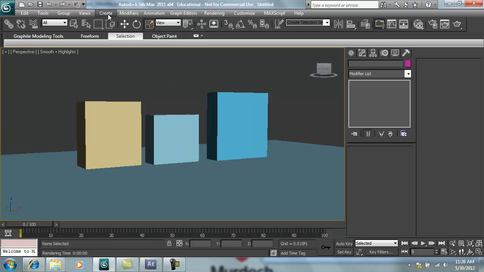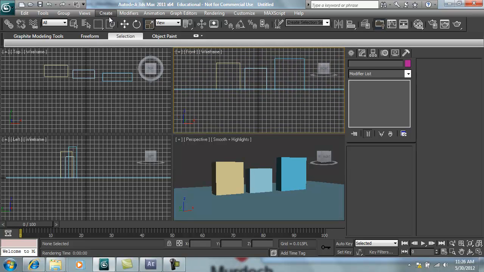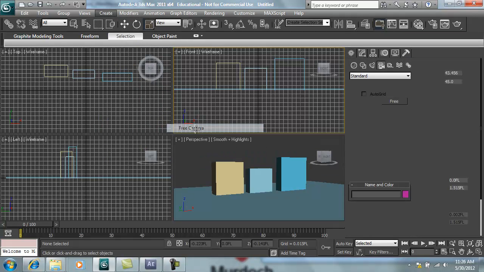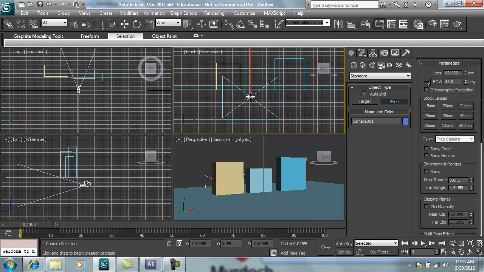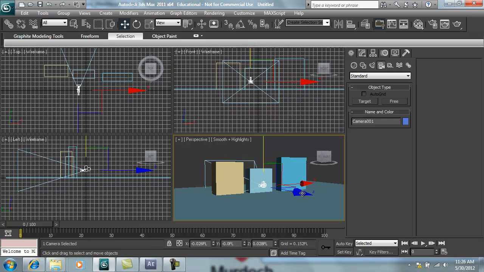So the first thing we need to do is create a camera. I'm just going to pop out of this and make sure that I have a front view here, and I'm going to come into Create, and then in Cameras I'm just going to create a free camera, and then click it in the front window here. Okay, and there's our little camera. Now down in the perspective area here you can also see that we've got a little camera right underneath the ground there. What we're going to do is select the camera, and then in perspective